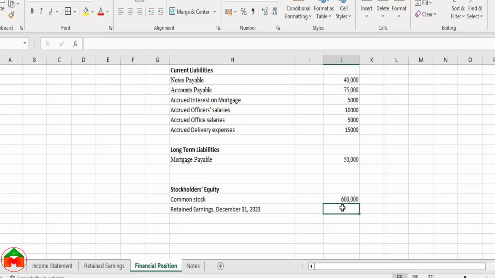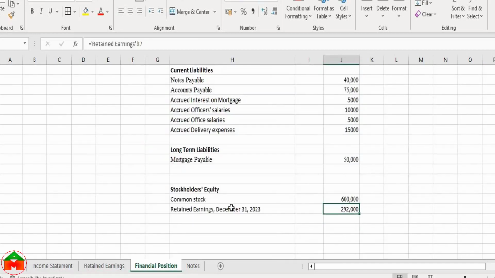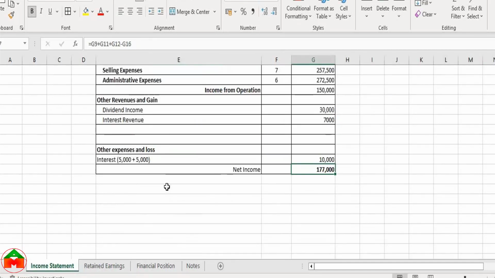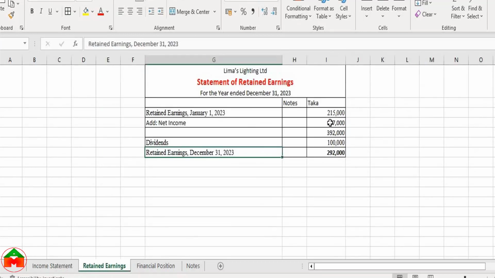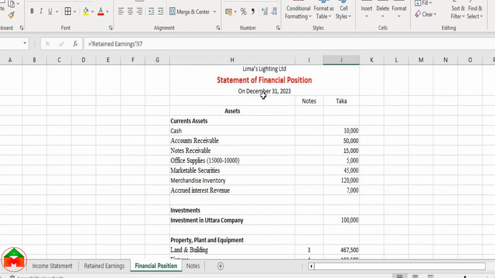So I'm inputting equal sign from the keyboard, then I'm going back, then I'm clicking here, then I'm pressing enter from the keyboard. So I have transferred this amount. That means from the income statement we transfer the net income to the retained earnings here. Then from the retained earning balance we will transfer it as a part of equity in the statement of financial